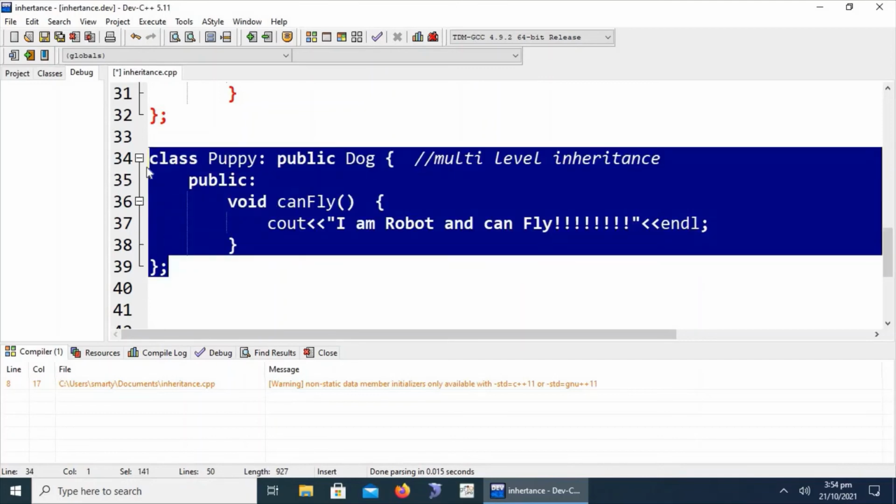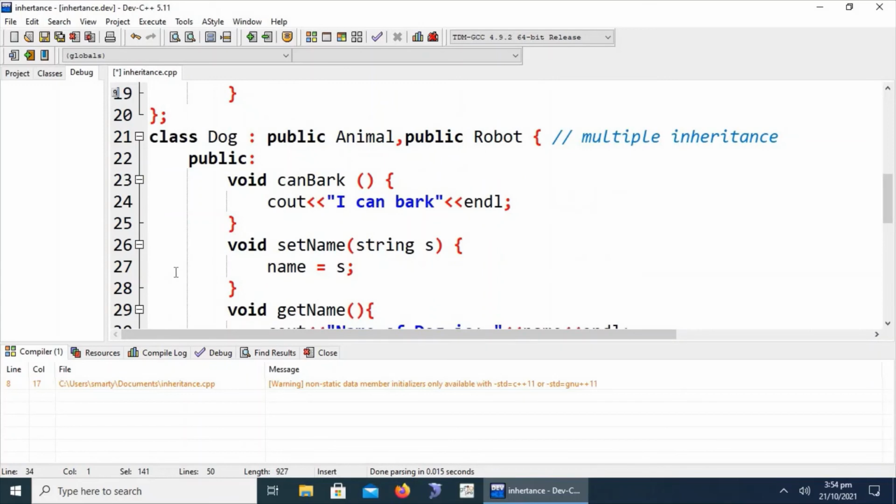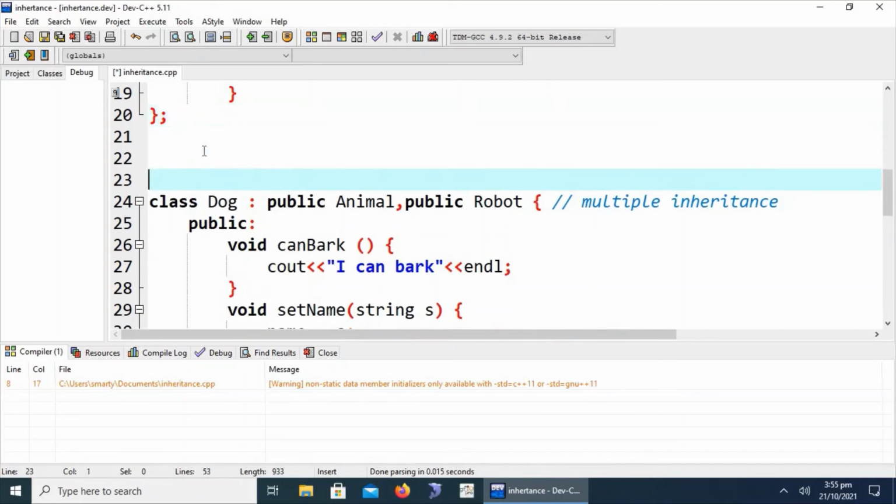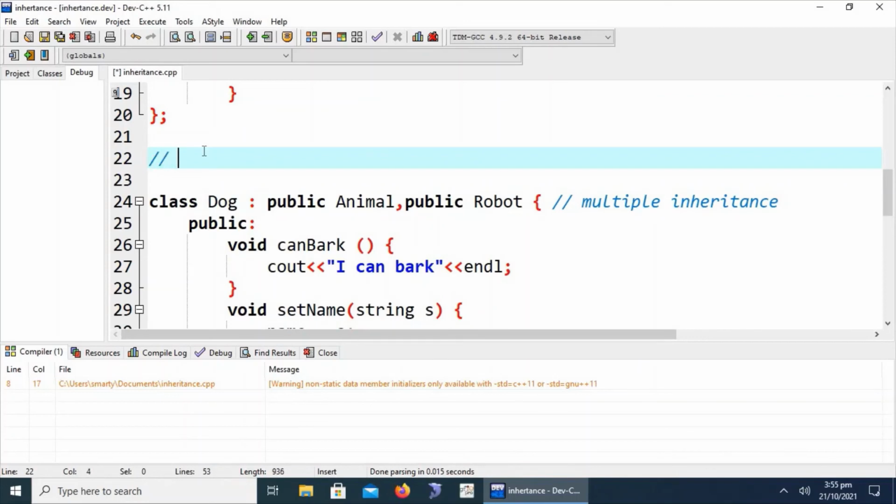Then this type of multi-level inheritance will not be able to access the grandparent's protected members if the relation or inheritance is private. Okay, I have to clear this in a single line.